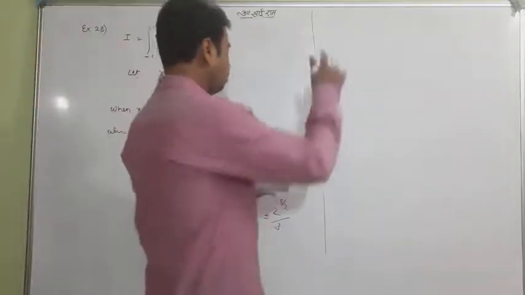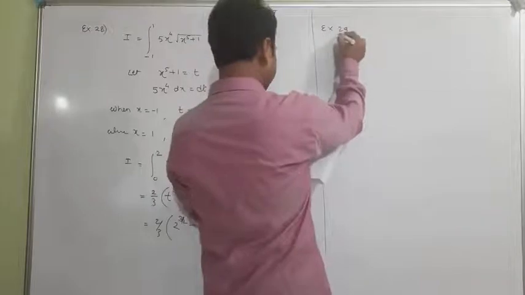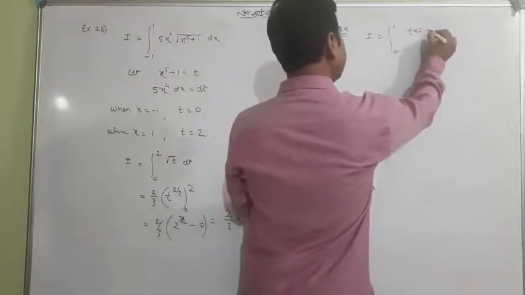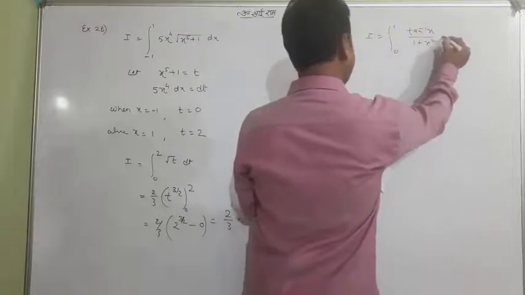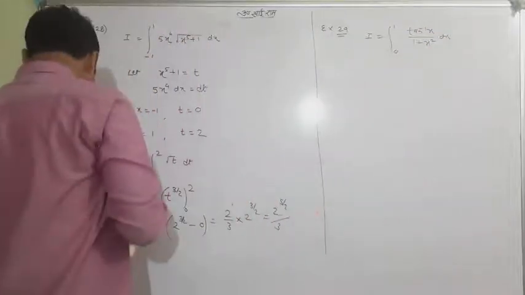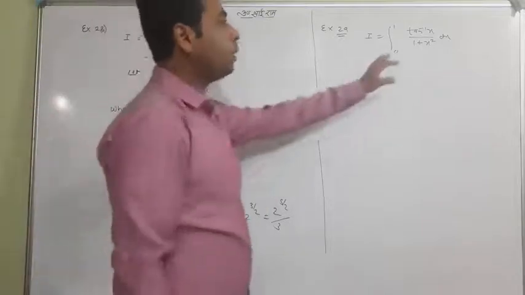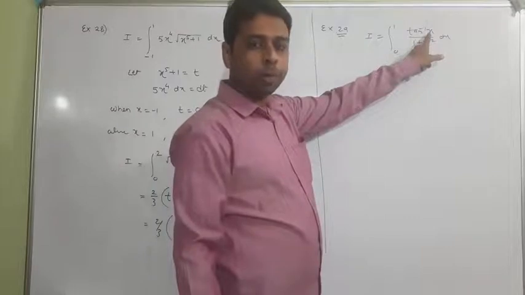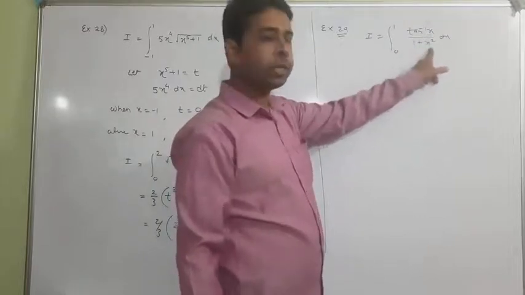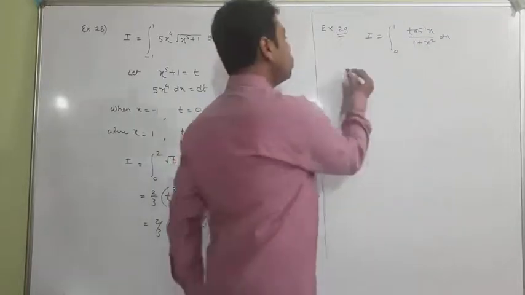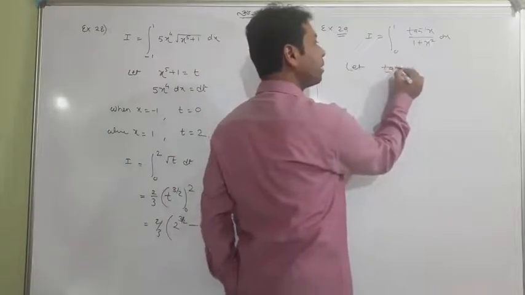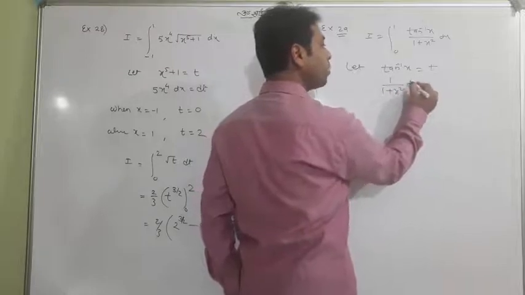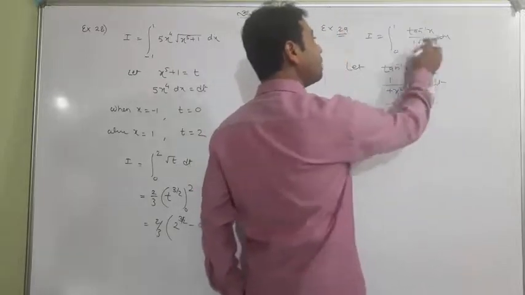It's example number 29. Can you see example 29? I equal to the integral from 0 to 1 of tan inverse x upon 1 plus x square dx. Again, a very easy question. Why is it so? Because when you see the question, you only consider tan inverse x equal to t, because its differentiation is 1 upon 1 plus x square, which is available in the question. So we start with the assumption tan inverse x is equal to t. Differentiation of this is 1 upon 1 plus x square dx equal to dt, which has come now.